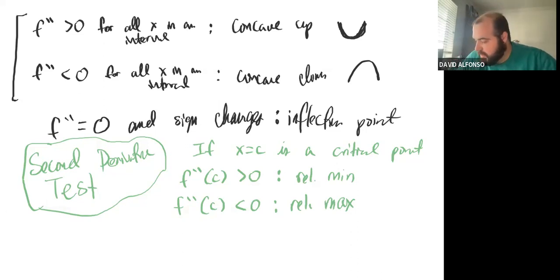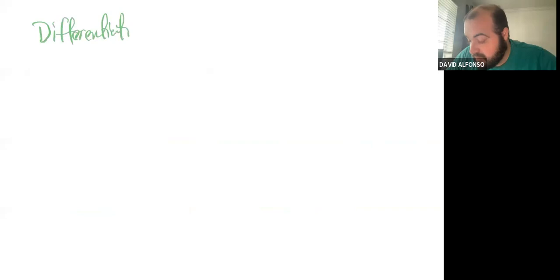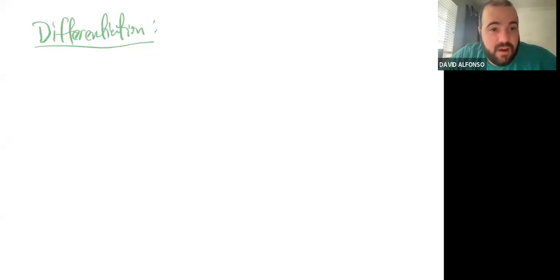Something I did forget to mention a little earlier was the concept of differentiation. I was thinking about this and forgot to talk about that. Differentiation is kind of like continuity. Remember how when we talked about continuity, you have to prove that it's continuous by checking the limit and the value of y. Differentiation is very similar in the sense that a function